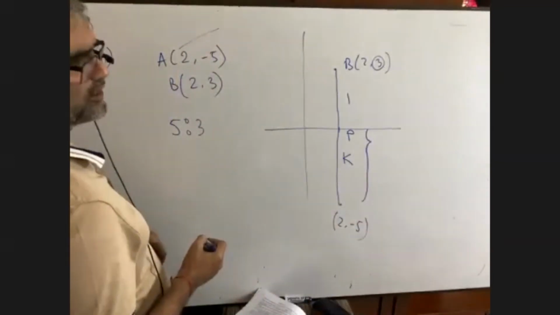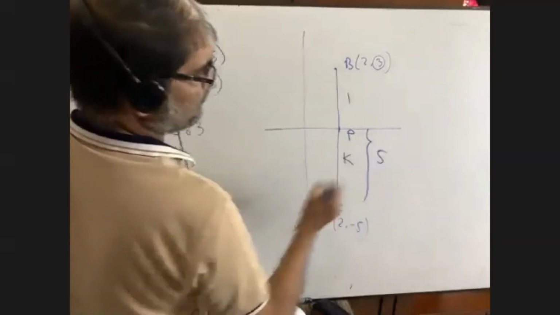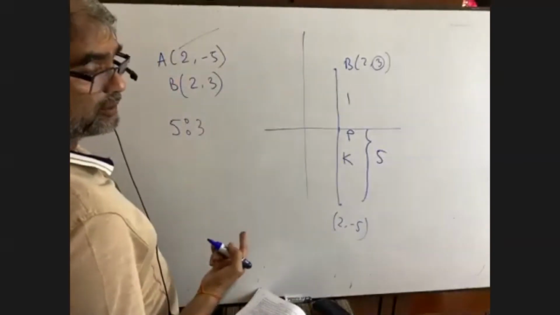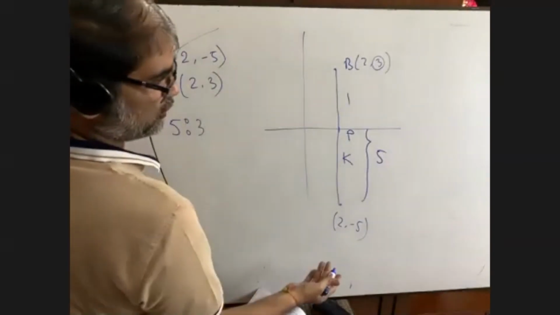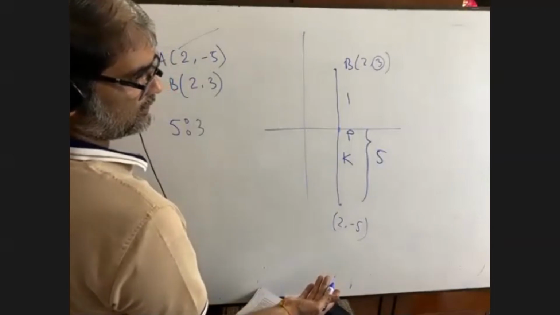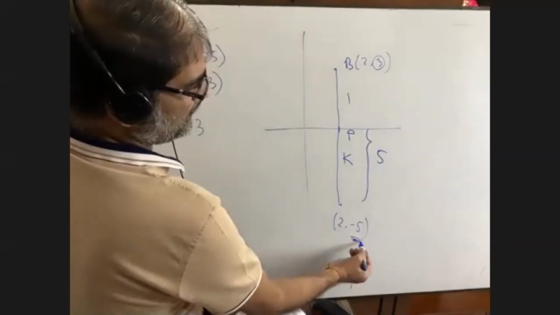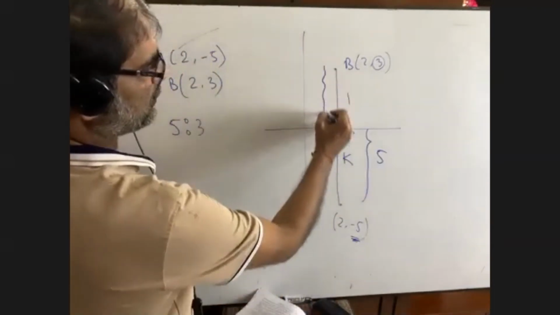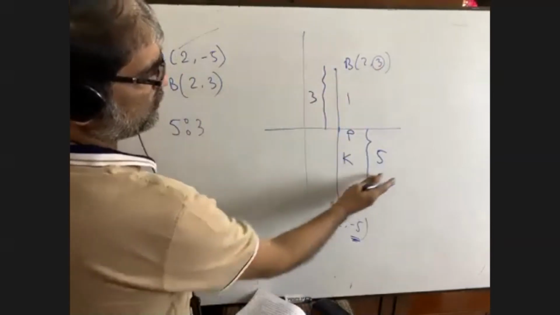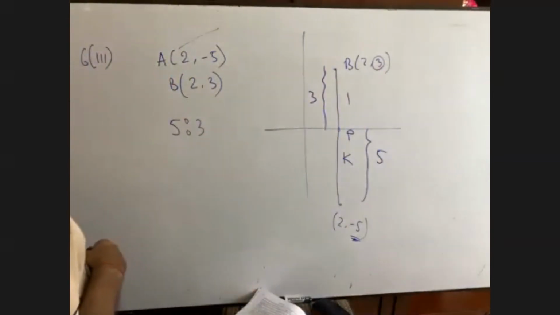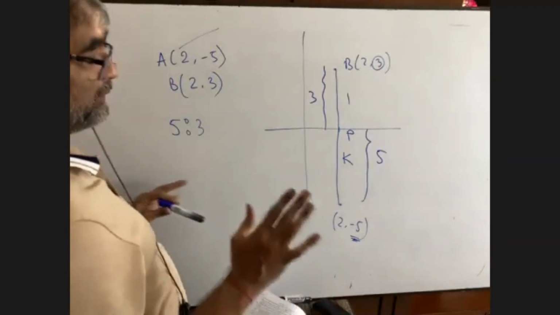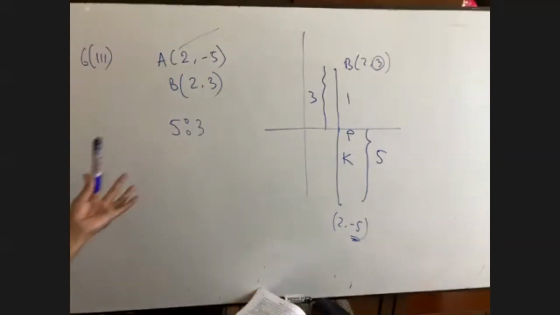Can you let me know its distance? I'm telling about distance. It is, Sir, minus 5. And its distance is what? 3. So 5:3, the math is done. Anyway, if the math is given in the examination, then it is your answer.